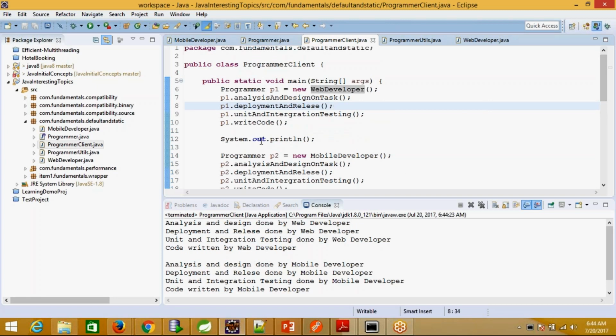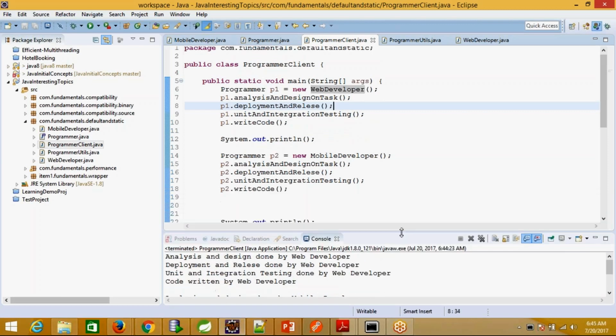Now let's make a few changes in this design. I don't want to create an object in my client class. Instead, I want my own class to create an object for me. If you are familiar with the factory pattern, then I would replace the existing object creation with the factory pattern itself.